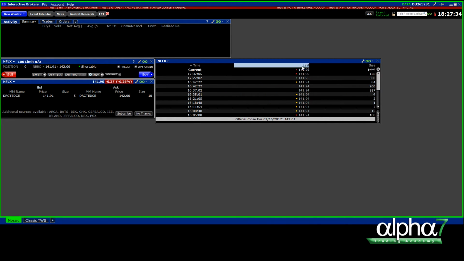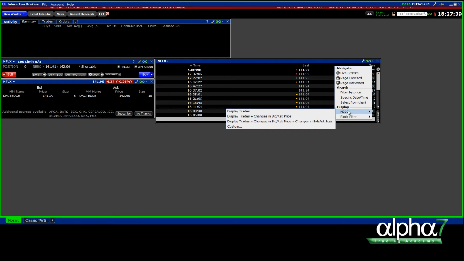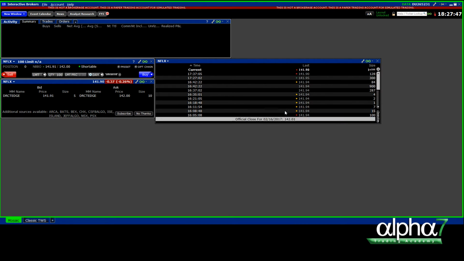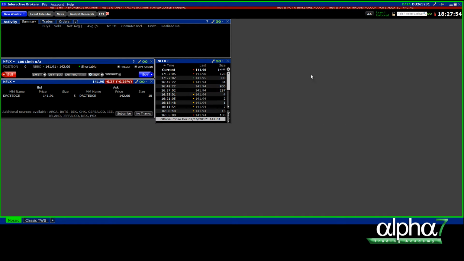Now another thing is, you could actually change what you want to see in the time and sales by right-clicking, going to NBBO, and then choosing whether you want to display the trade and the changes in bid and ask prices. But usually I just do display trades, right? Simple. And then once you see the double-headed arrow, you could truncate it, right? Put it like that. You could even move the columns once you see the double-headed arrow and provide some more room. Okay, maybe even push this, all right? So we got the time and sales, we got the level 2, we got the order box, and we got